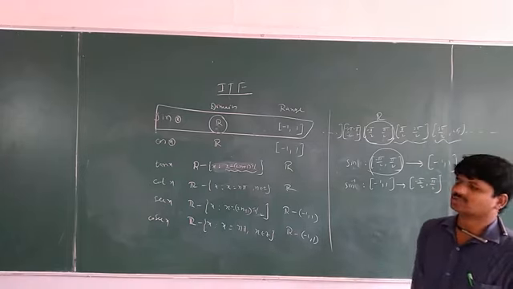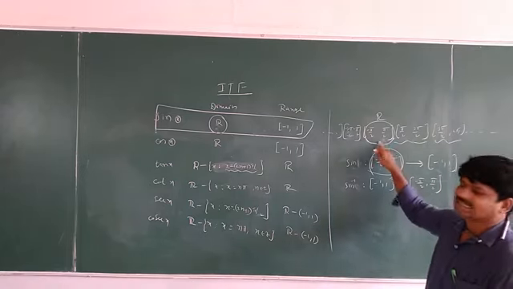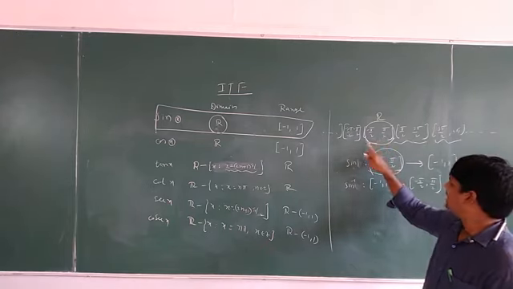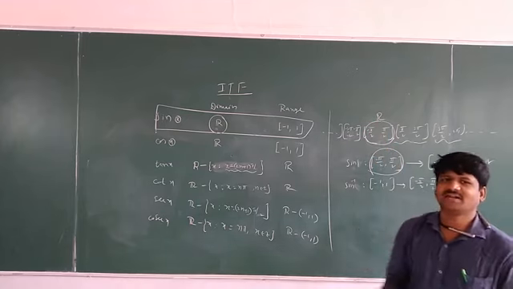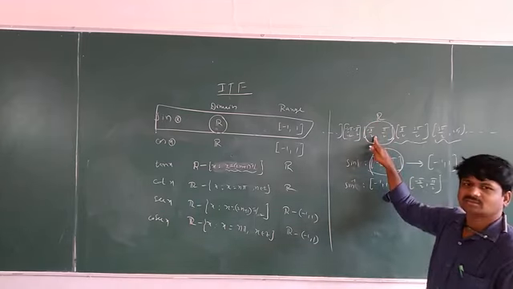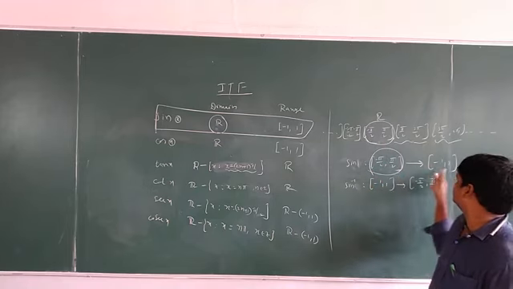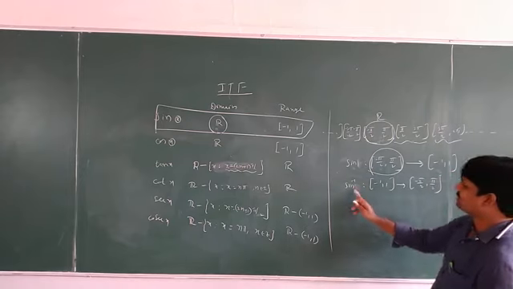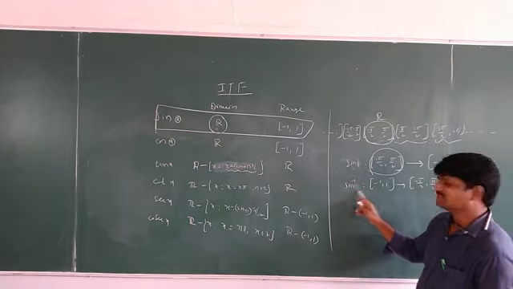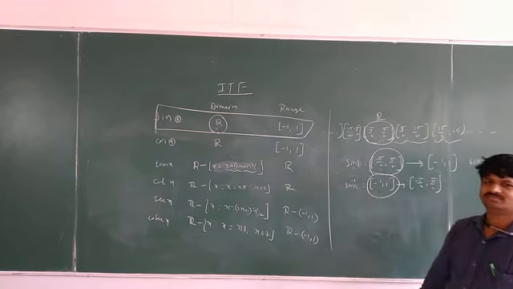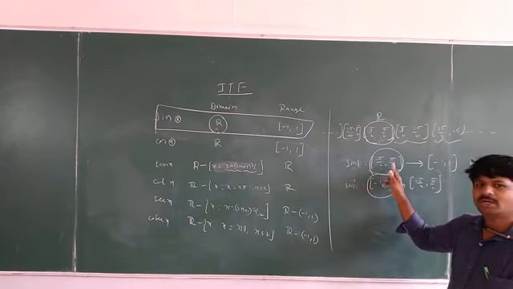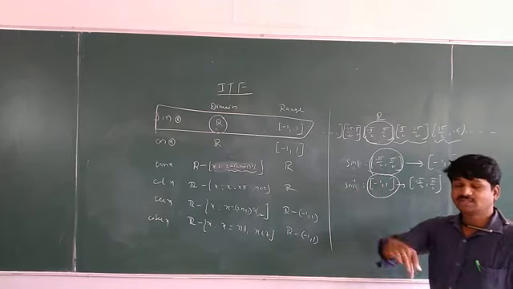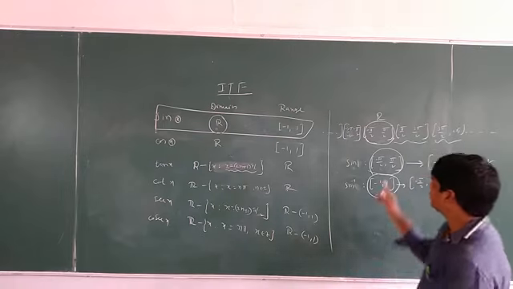Same like this for cos also, but the restricting intervals must be different. Why do we take sin x like this and cos x differently? Because sin of minus pi by 2 is minus 1, and sin of pi by 2 is 1. Like that you have to do. So now what is the domain of sin inverse x? Minus 1, 1. Domain of sin x is minus pi by 2, pi by 2. Domain of sin inverse x is minus 1, 1. That difference you have to understand here. Okay? It is about the sin function.